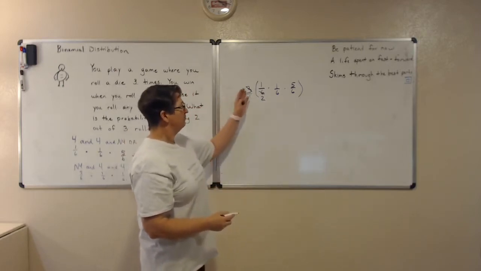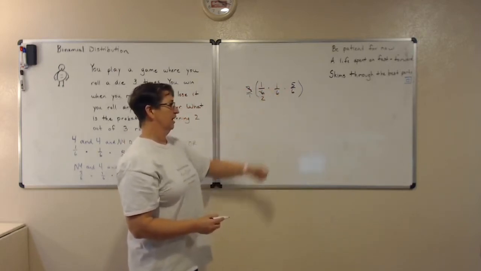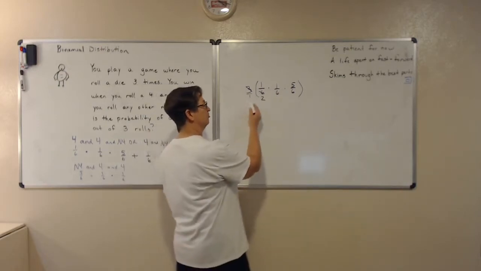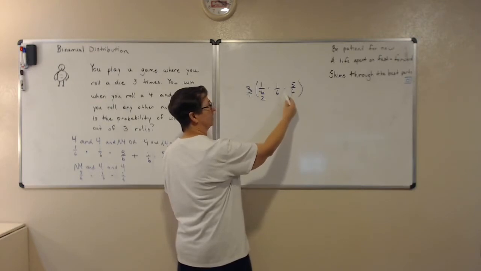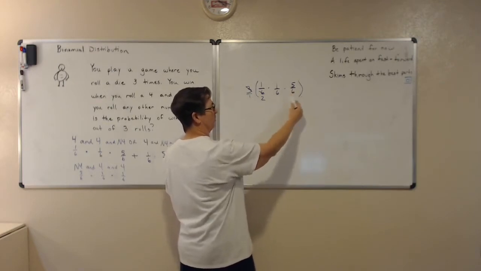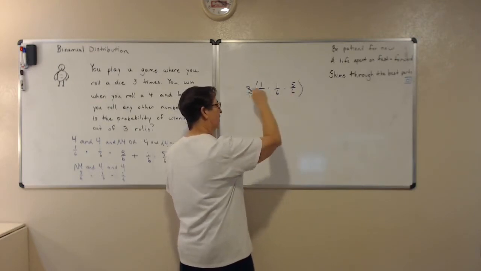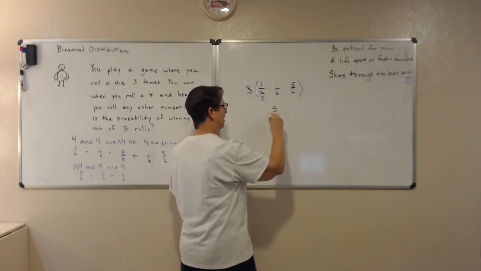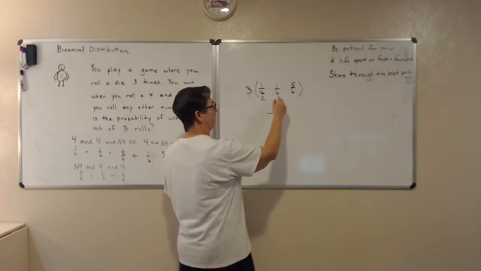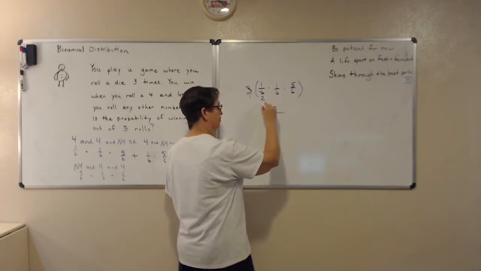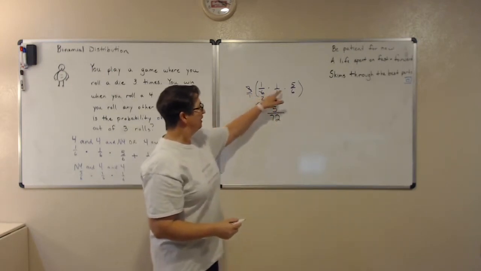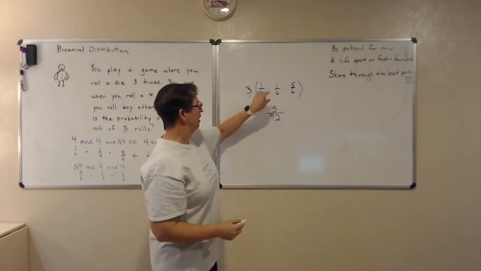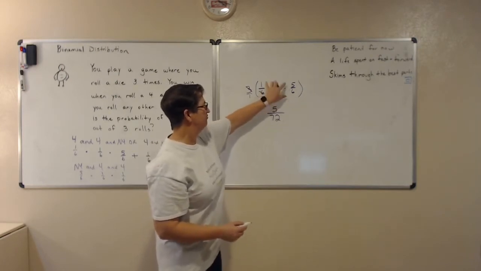So instead of multiplying across and then figuring out how to reduce, now I look. The only thing I have on top is a 5. This is not going to simplify further, because 5 doesn't go into anything down here. So now I can multiply, and I've got 5 times, well, that's 36 doubled, or 72. So the probability, we find this probability of 2 wins and a loss, we find that